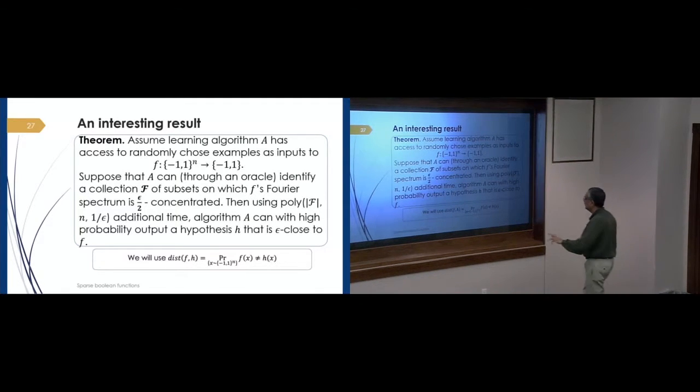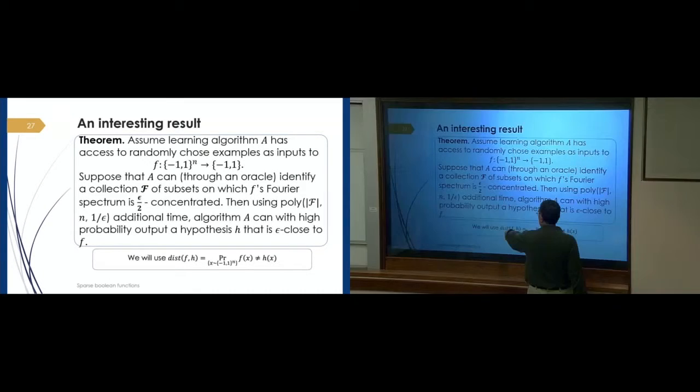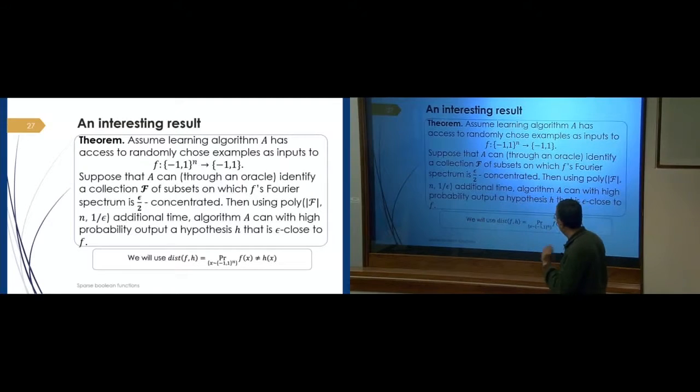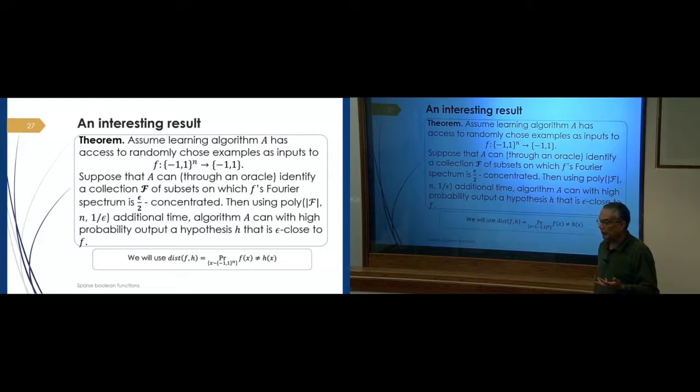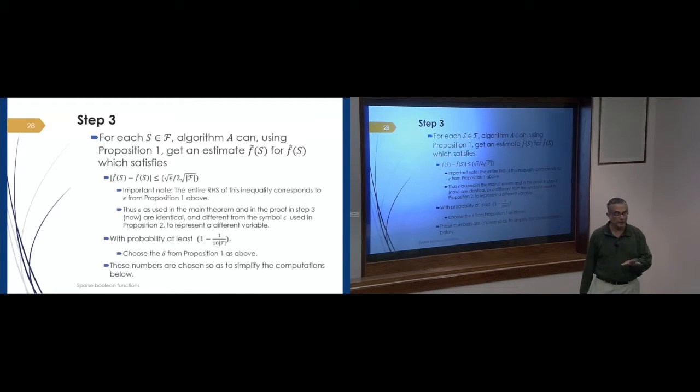And our definition, just to remind you, is exactly what we had in proposition 2. Distance fh is the distance function, which measures how well we have learned. We would like to learn f, we learned h, and distance was simply the probability of fx not equal to hx, defined over all the inputs. So continuing and trying to prove this theorem now, using propositions 1 and 2, which we need to remember,